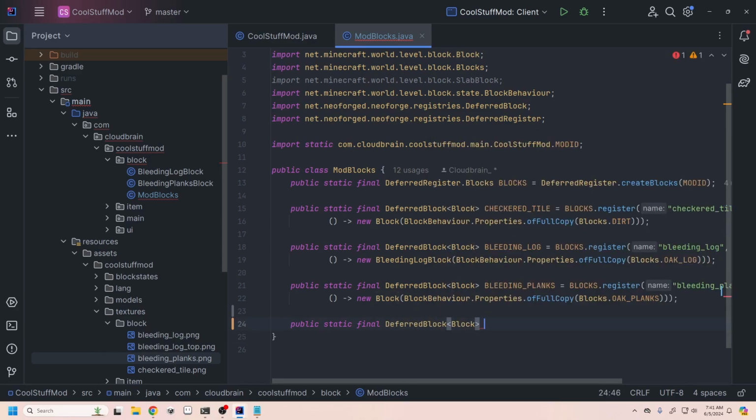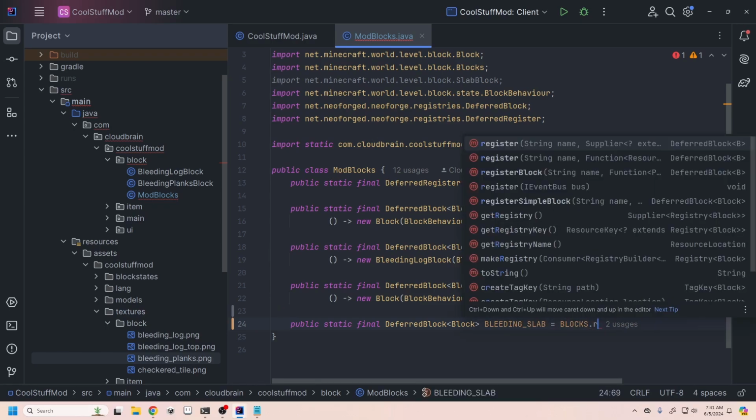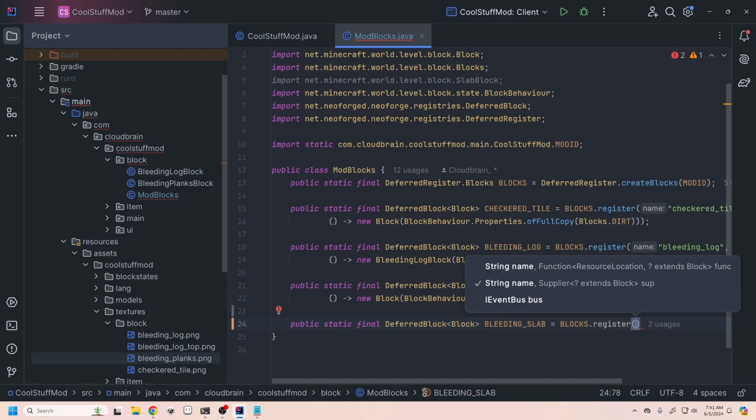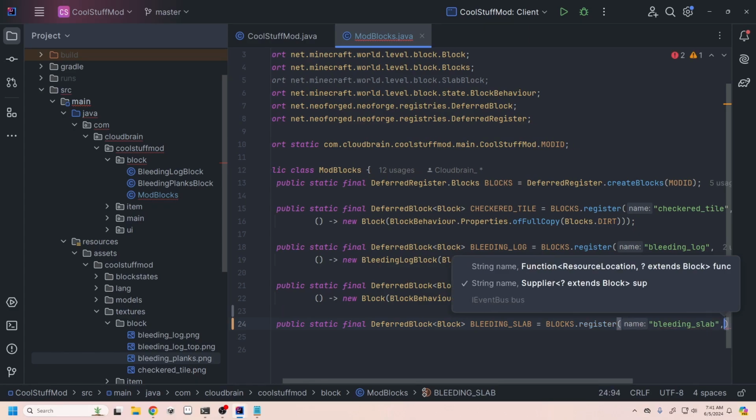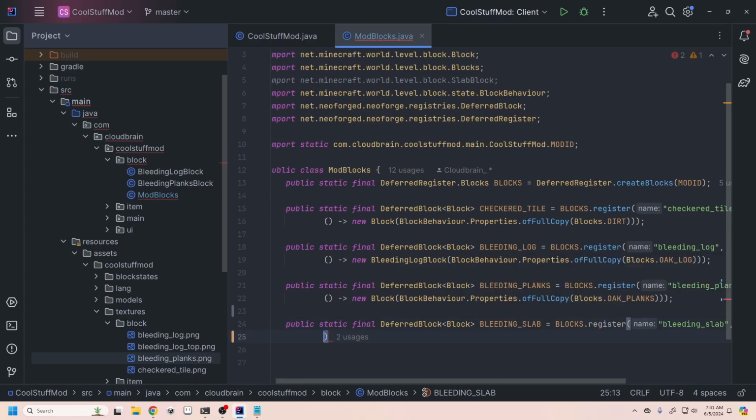We're going to call this bleeding underscore slab. We're going to say this is equal to blocks dot register, and then we're going to give it its name, bleeding underscore slab. Add a comma, get some space, create a new set of parentheses, add a new arrow, and say new